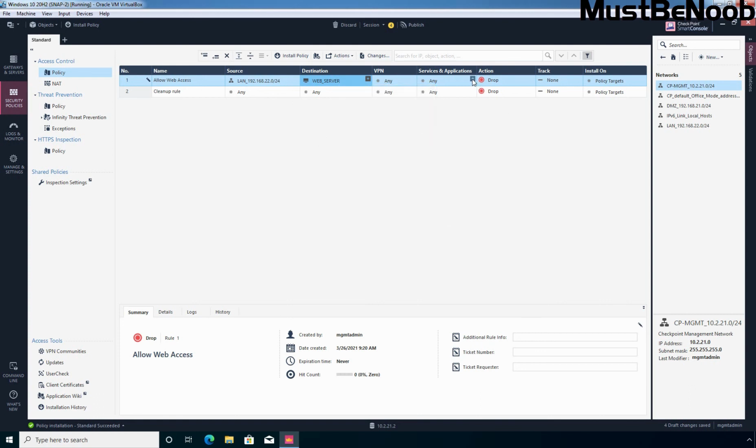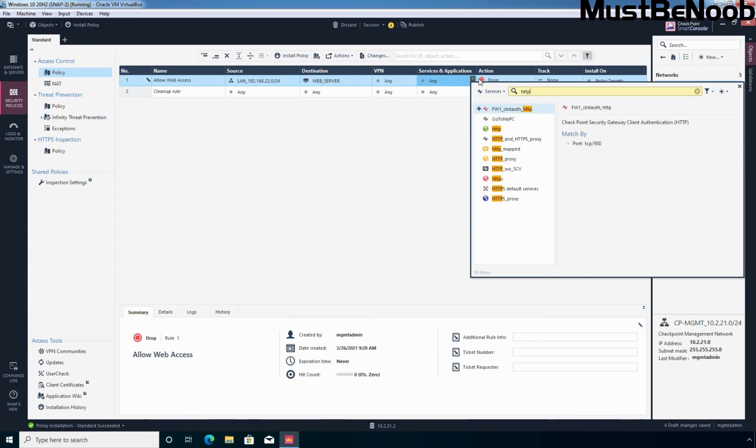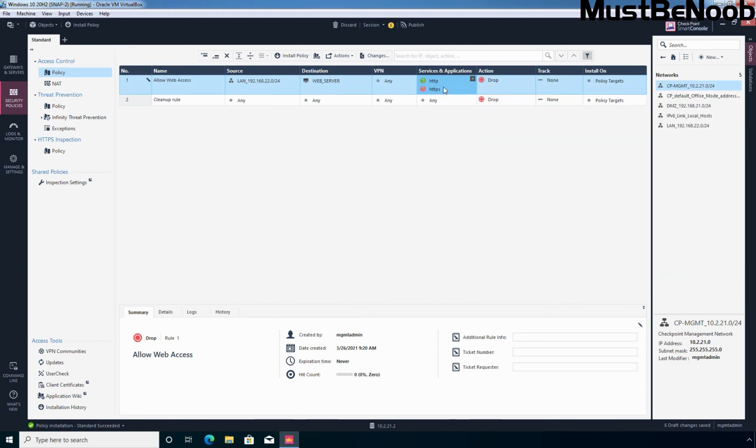192.168.21.0. Services will be HTTP. So let's search for the HTTP service. Let's click on HTTP and HTTPS. So you can add multiple services under services and applications, and the action is going to be Accept. We also want to generate logs, so select Log.